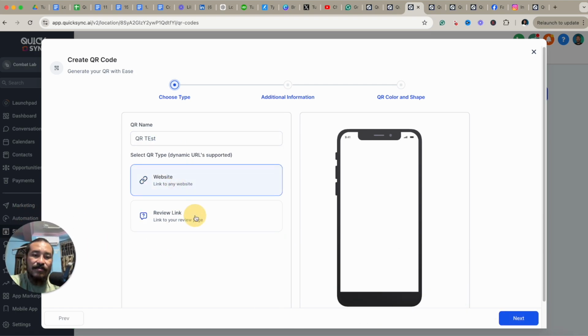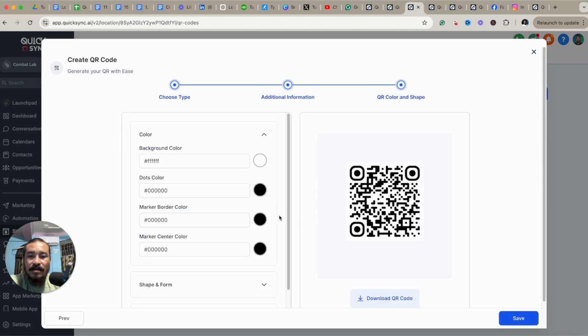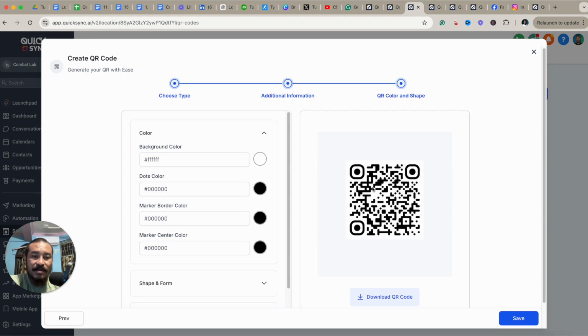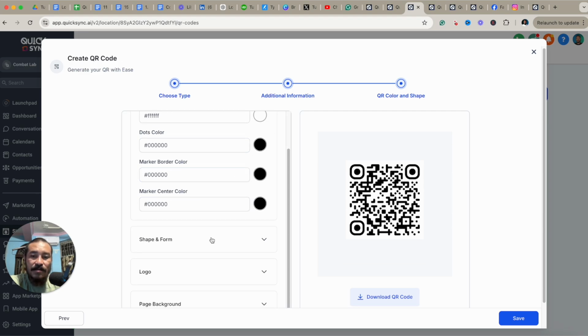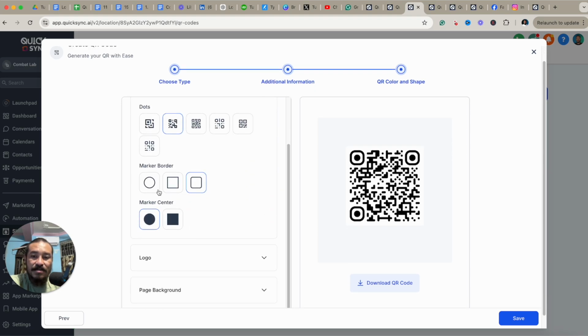You can add your review links also, if you have review links over there. So let's say website. Next, you can add the website here. Next, and customize the QR code also, the backgrounds, the colors, the marker border, and all those things. You can also customize the shapes, round here, and you can choose the different patterns here, the dots,